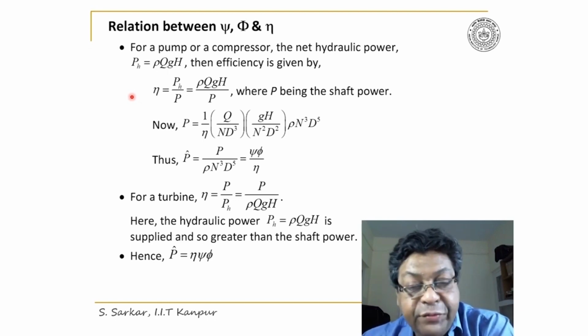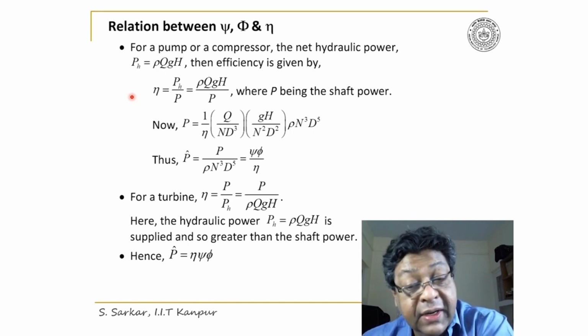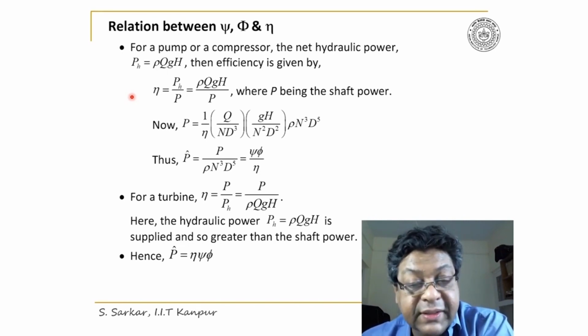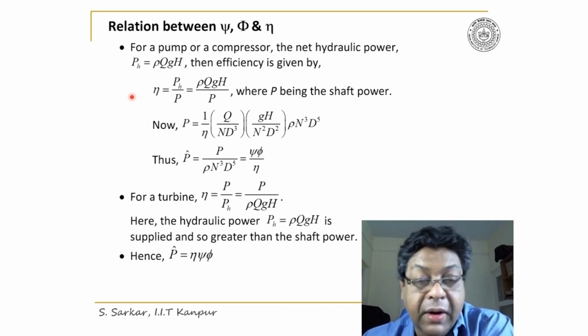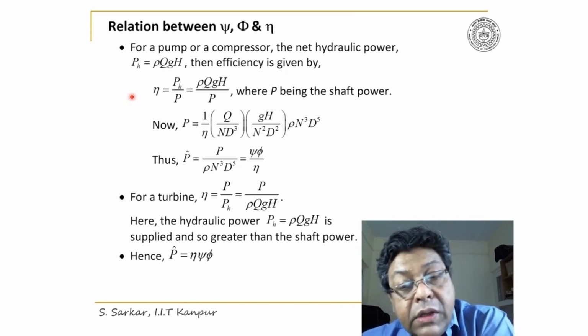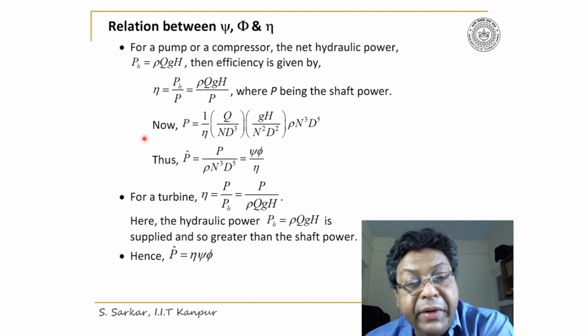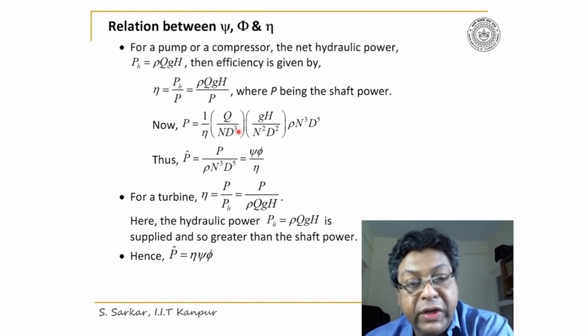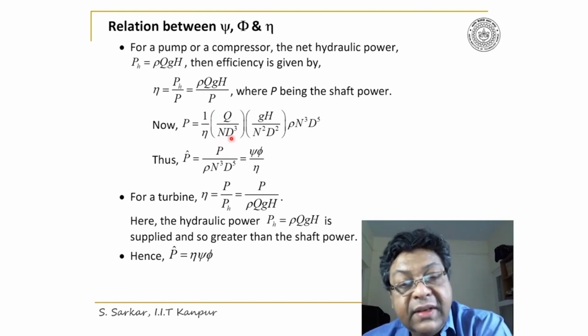Note that for a pump or a compressor, shaft power is greater than the hydraulic power. So now through some algebraic manipulation I have written P equal to 1 by eta within the bracket, Q divided by N D cubed,